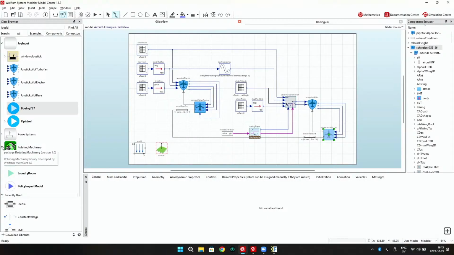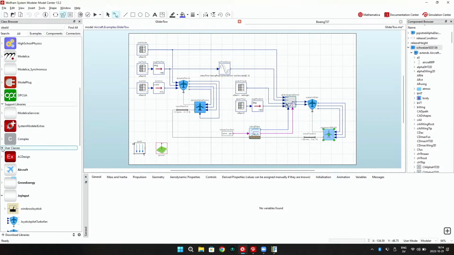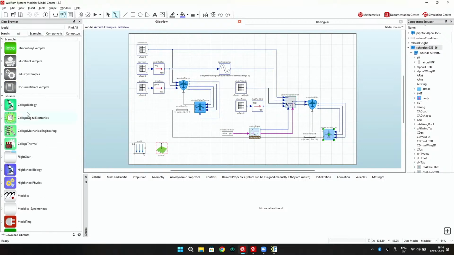There are so many things I could be showing, but just quickly, as I mentioned, the rotating machinery. Here are power systems. I did a talk on green energy, as mentioned before. There are also libraries available for that, rotating machinery for ball bearings, and I probably have a biochemistry library loaded, a bunch of different ones for teaching. The idea is that there are these pre-made components for all sorts of things. So when you put it together, you don't need to understand the maths yourself. What you need to understand is which types of components should be put together, and the machinery takes care of the underlying math.